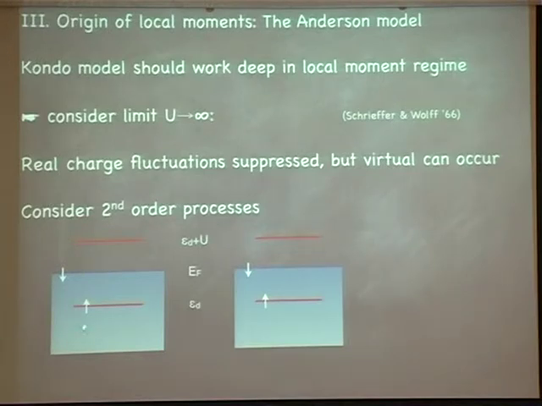And these are the two possible situations. Now, this here is the band, a sea of conduction electrons. This is the local level sitting at epsilon d. This is the doubly occupied level sitting at epsilon d plus U. We have a band electron, say, with spin down coming. We have a localized electron sitting here with spin up. So what can happen? Well, in fact, this guy can go up and this can go down. So what happens here? You just exchange those two, which is a process V, so V squared, and the energy difference is epsilon d. So this is a process that gives you a contribution V squared over epsilon d.